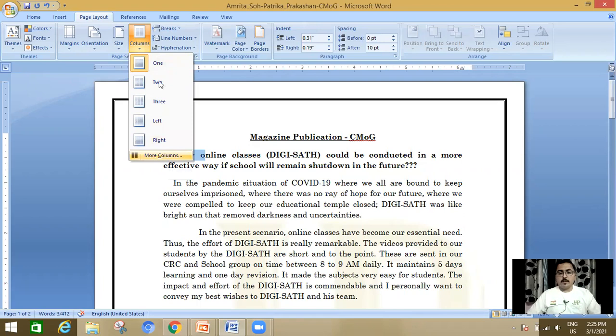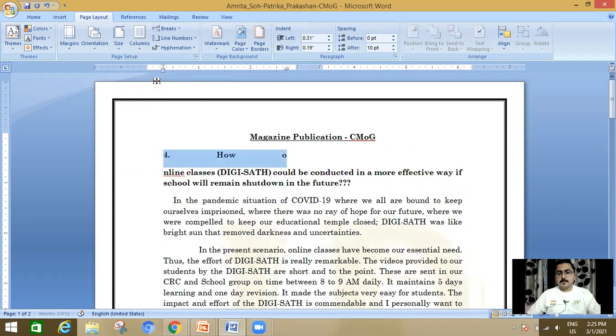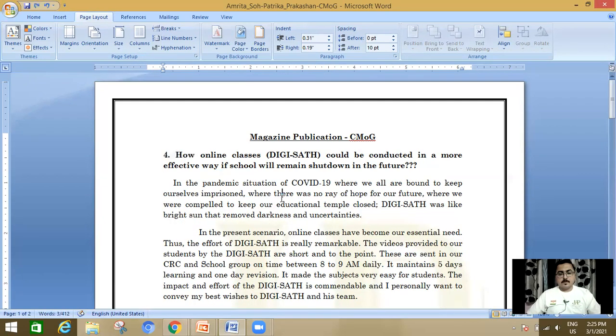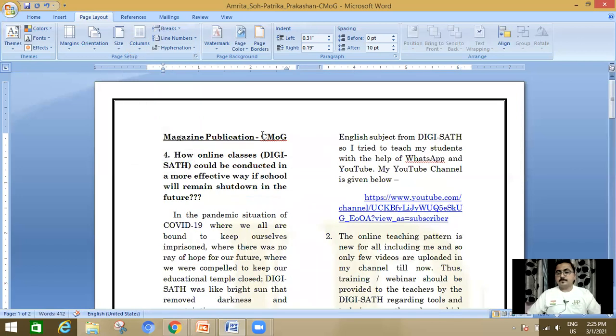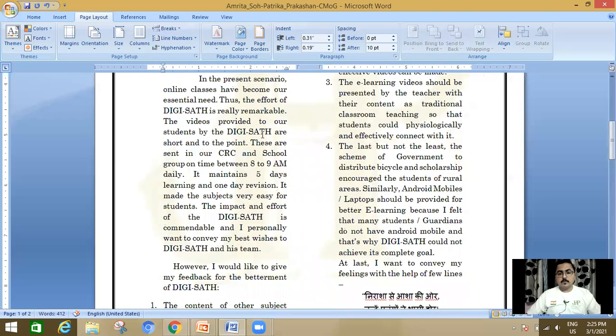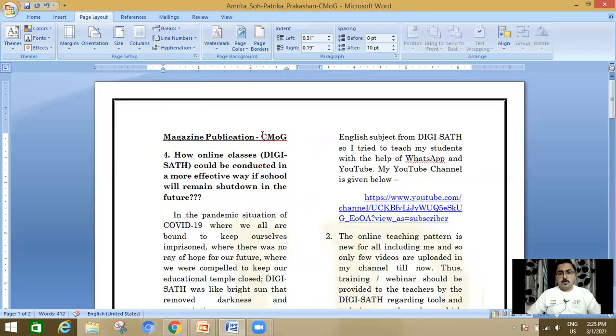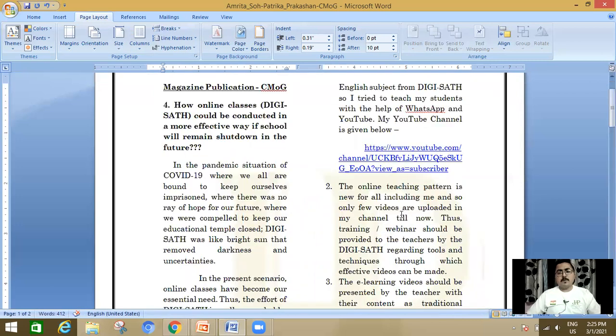So I have taken 2. Click on column 2. Now my whole document is converted into 2 columns. So depending on your need, you can choose the column option.